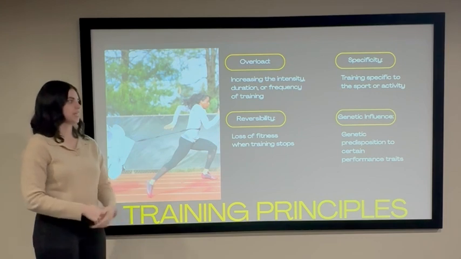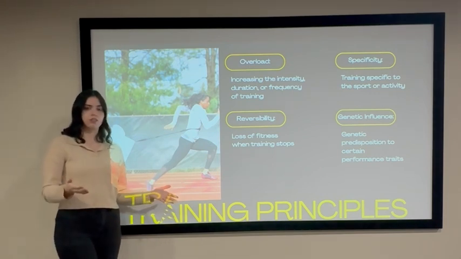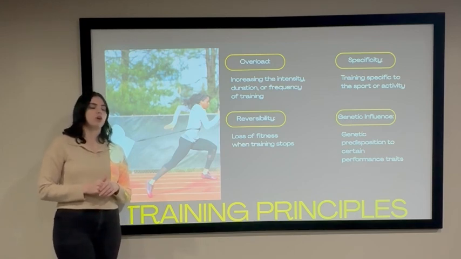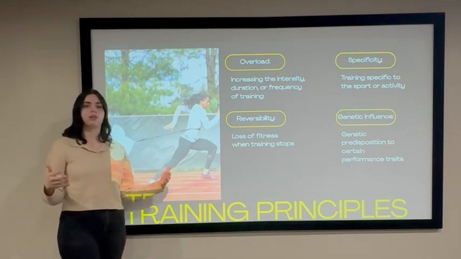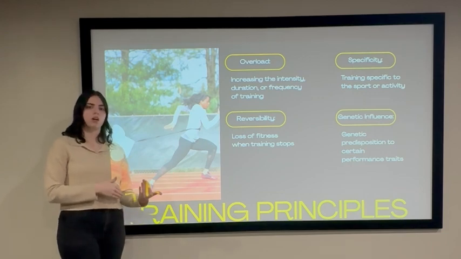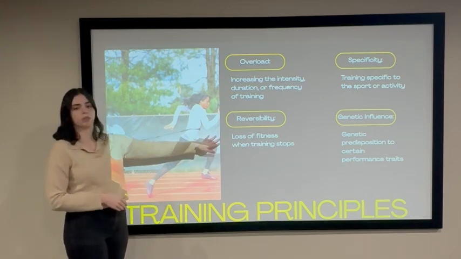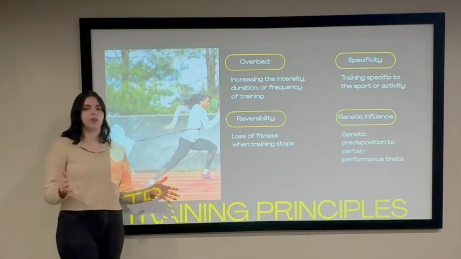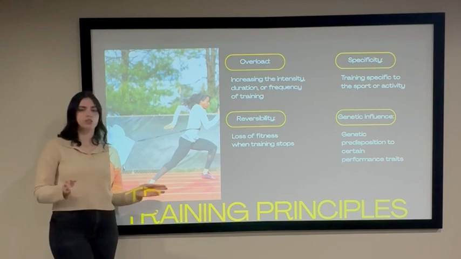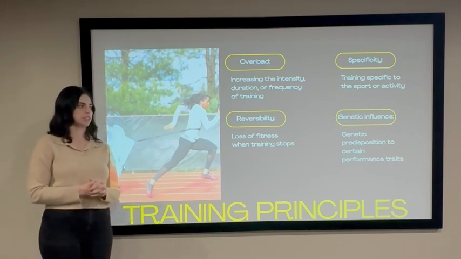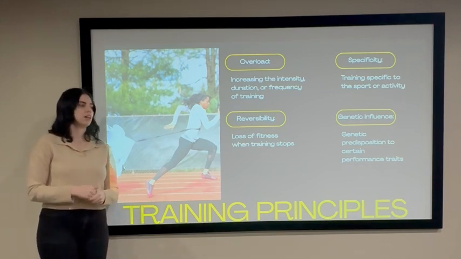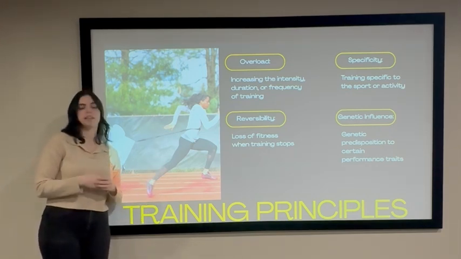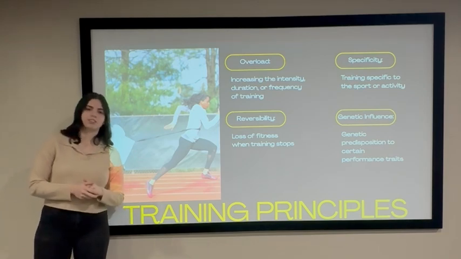So that's specificity. Reversibility is also very important. This refers to the loss of fitness when training stops. So if our training does stop, it's very possible that our performance will decrease due to this principle of reversibility. And then finally, genetic influence. Genetics are going to play a huge role in genetic predisposition to certain performance traits. But we'll talk a little later in the presentation about how some of that can be influenced as well, and some research on